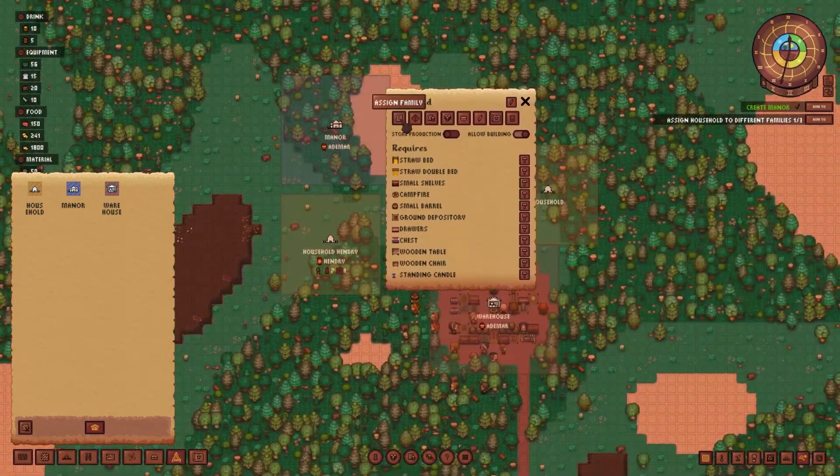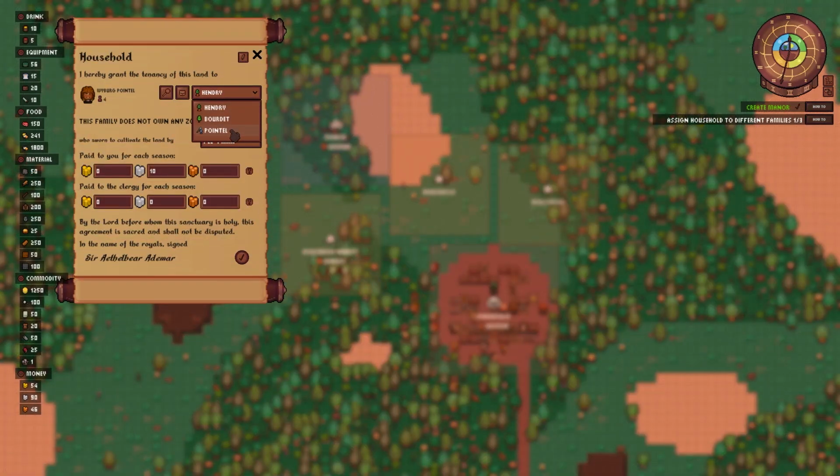You know what? Screw it. They're just going to have to walk. Get rid of the Pointels. All right. Assign them. Fee farm. Household Pointel. I love the idea, the vibe it gives you, because it gets you connected to the families